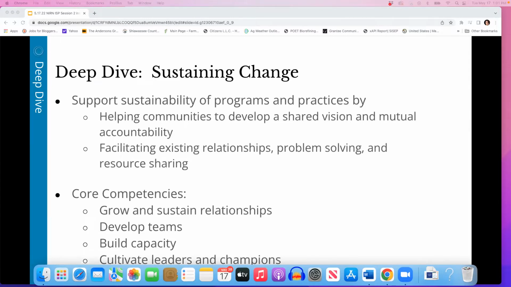We may have an executive sponsor that is not a champion, that's not doing the visible promotion and displaying the attributes of a champion with deep conviction and belief that this is the right thing to be doing for their community. When our executive sponsors are not our champions, how do we engage other leaders that may not have that formal title but are our champions, so that we have both present within our implementation work? Both can be engaging in different sets of leadership activities. We need to be able to identify those individuals and grow them and support them within their leadership roles as we go forward. So, quick overview of those 3 domains.